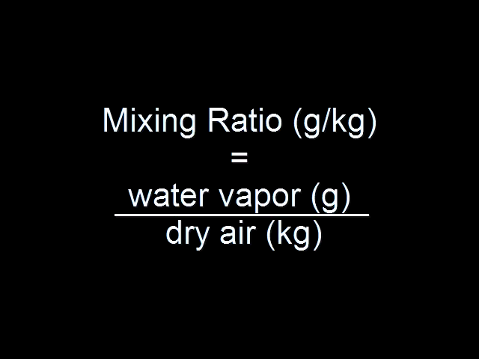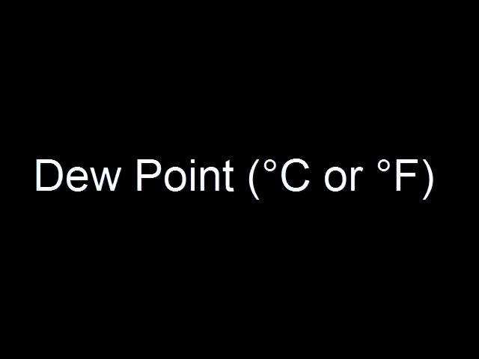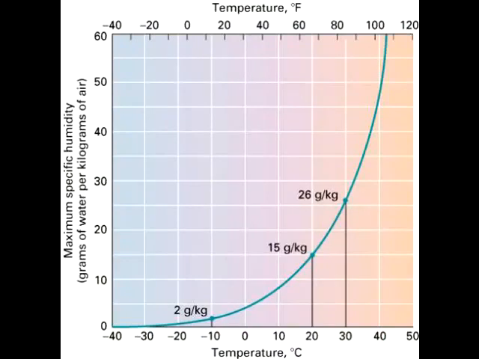Closely related to specific humidity is the mixing ratio, which expresses the mass of water vapor relative to dry air mass. The dew point is the temperature at which saturation occurs in air. It is an indicator of moisture content in air because high dew points indicate abundant atmospheric moisture. For example, air that contains 26 gram of water vapor per kilogram air has a dew point of 30 degrees